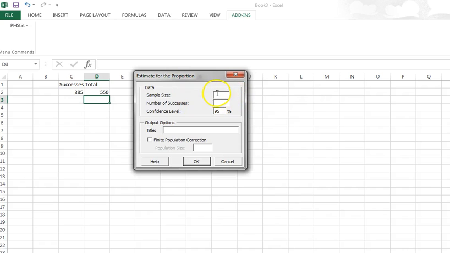Our sample size is 550. We sampled 550 chemical companies. Number of successes was 385. And we're finding a 95% confidence interval. That's already in there. If you were doing something else, you would just click in there and change it. So if you're doing 99, you just click in and change it. So, and we'll put a title in,